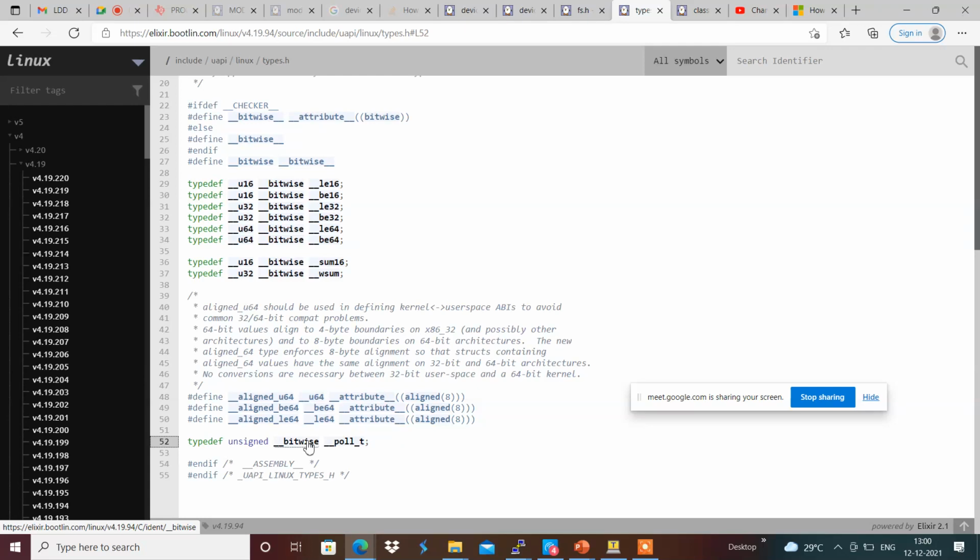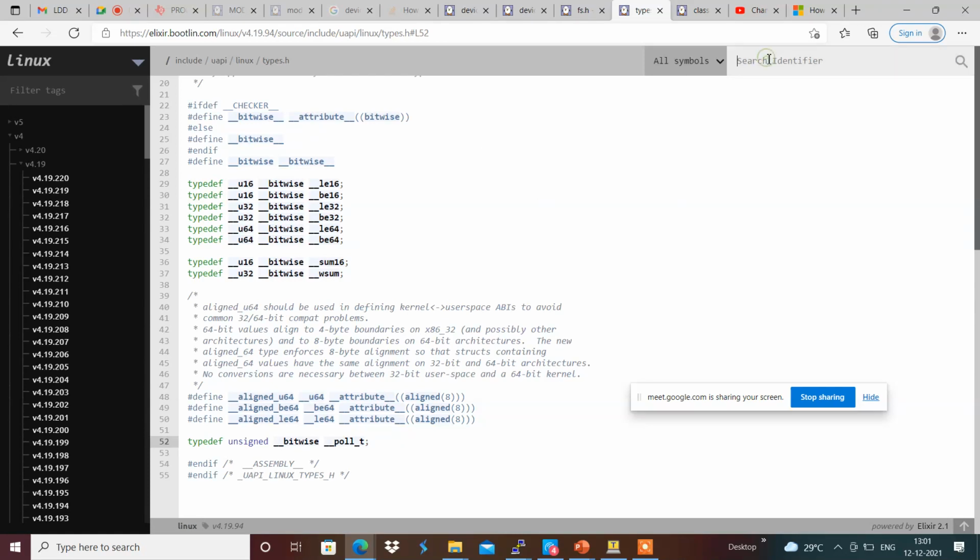All those events can be whether any error is available or poll in data available. Like that, we have the different definitions that we can provide over here. For that, we will be having something like poll in. Poll in is the event that we will be providing accordingly.